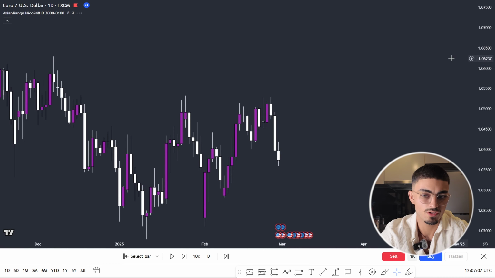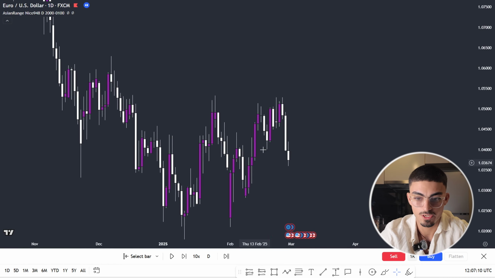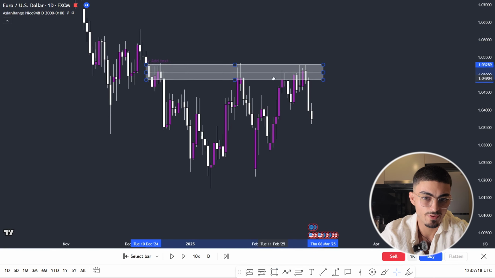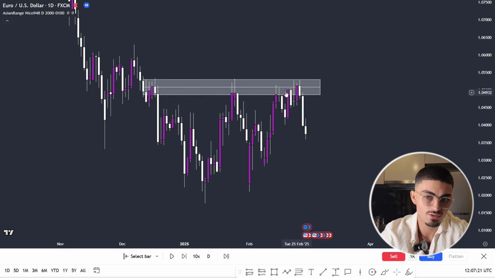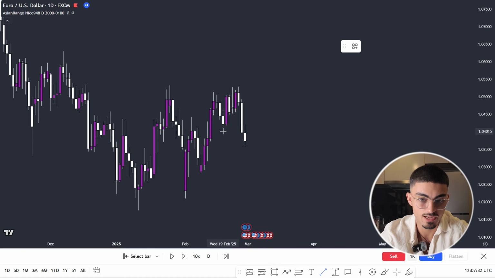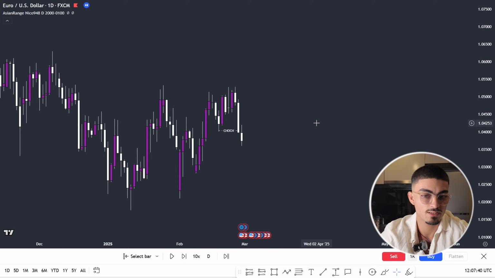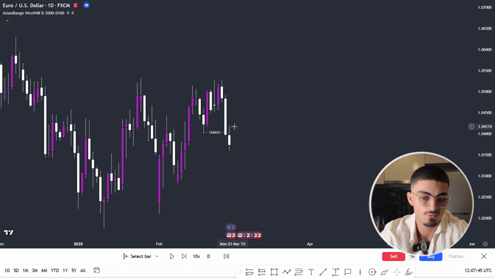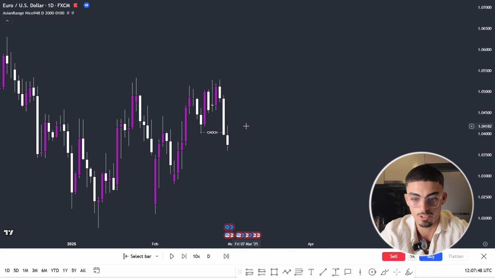So going on to this week, I was basically looking for sells, okay? Now, another reason why I was looking for sells is because we were reacting from this area here, right? You can see we were bouncing off this area. We respected it here with a really nice weekly candle close. And actually here, on the daily time frame, we had a daily change of character to the downside and we closed below it. So that's our confirmation that we were shifting back to the downside. So everything made sense really to go to the downside. And that's why for this week I was looking for price to go lower, okay?